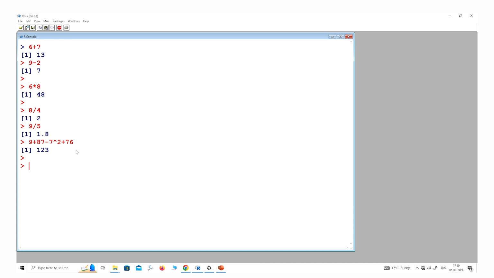And if you want to write the power operators, if I say 3 hat 2, that is 3 square, which is 9. And if I write 1 upon 3 square, this will be 1 upon 9. And then if I want to write the square root of 3, that is power 0.5.